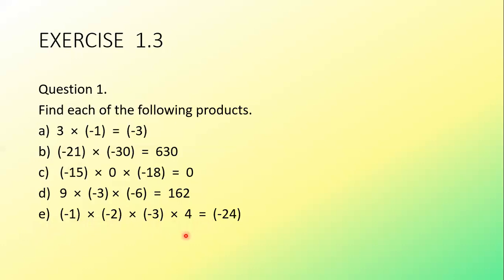So from this, we can conclude that when we multiply an even number of negative signs, like 2 negatives, 4 negatives, or 6 negative integers, the answer will be positive. And when we multiply an odd number of negative signs, meaning 1, 3, 5 negative signs, the answer will remain negative only. Here you see 1, 2, 3 negative signs are there. So the answer should be negative only. So our answer 24 will be negative, it will be minus 24. Okay, now I am moving to the next question.